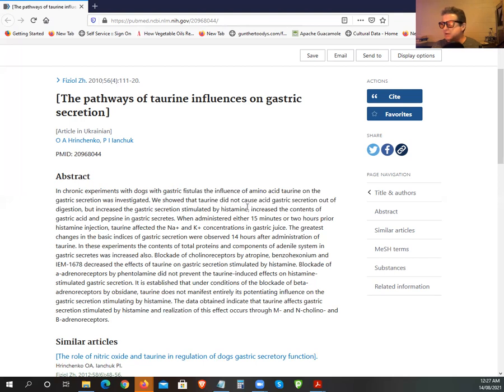But increased gastric secretion stimulated by histamine, that's basically what it does. So histamine plays a positive role in this regard. And histamine plays actually a positive role in the brain, another tissue. So it's not a negative thing. It's only when it's deranged and stuff like that. So keep that in mind.